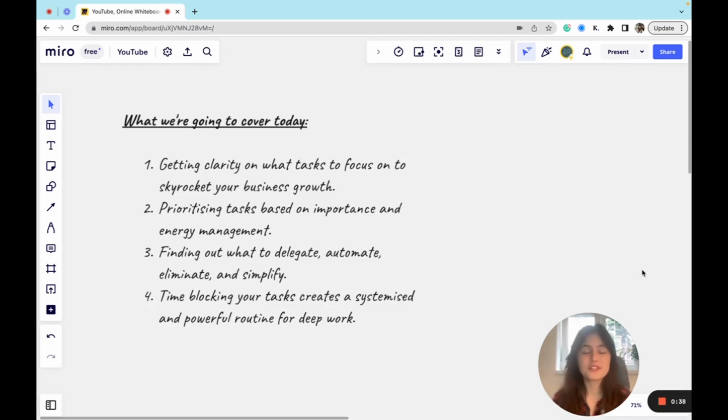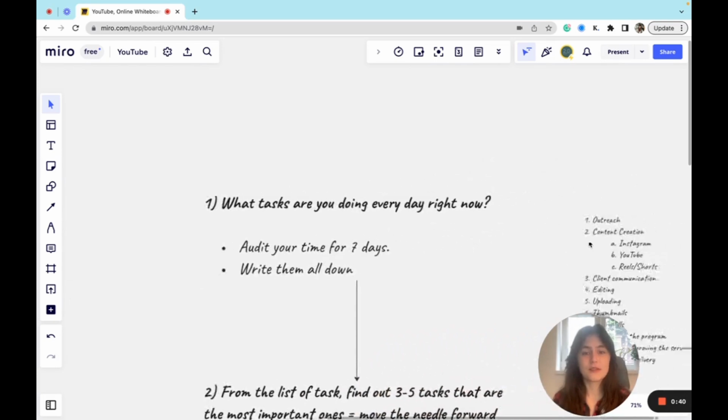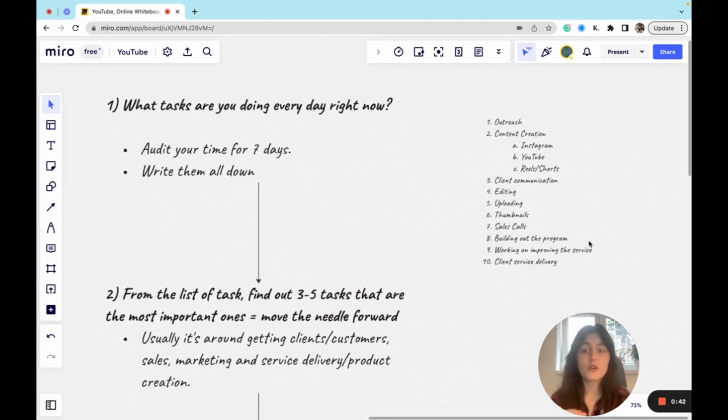So without further ado, let's just dive right into the first part. So the first part is going to be me going through this process, and then I'm going to give you a practical example of the scheduling system of how you can take what we just created here to the practical calendar scheduling system, right? So first things first, the main thing here first is to identify what tasks are you